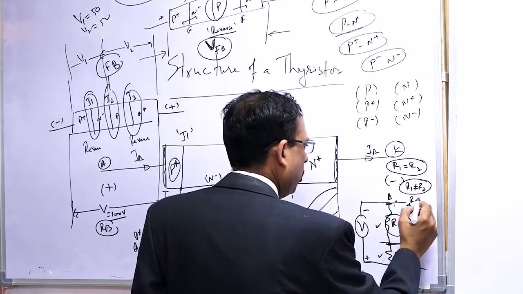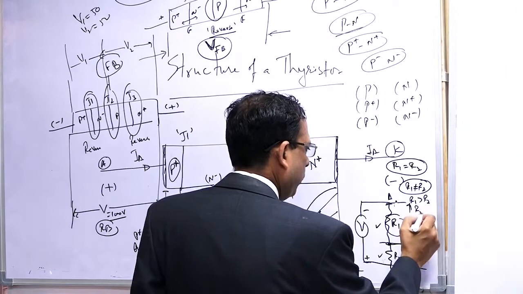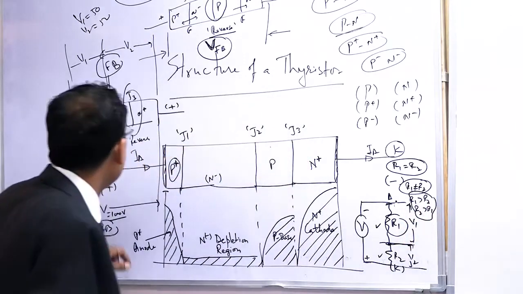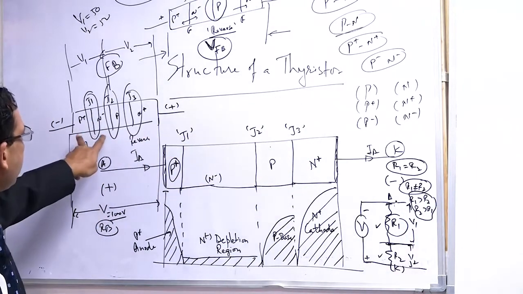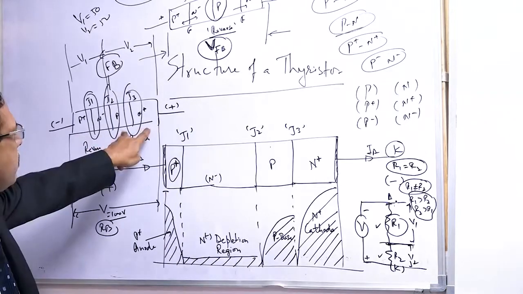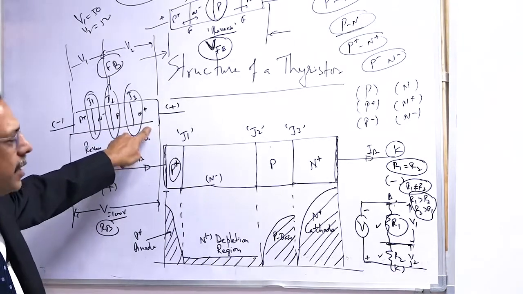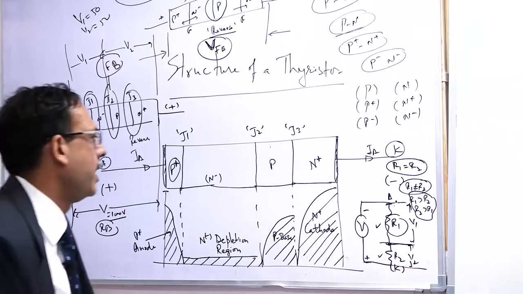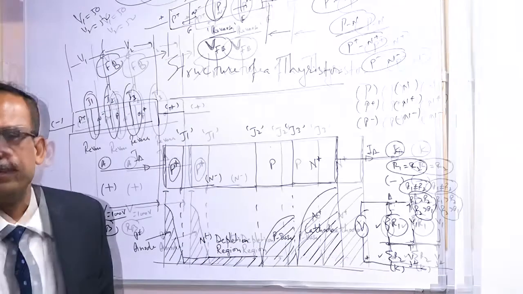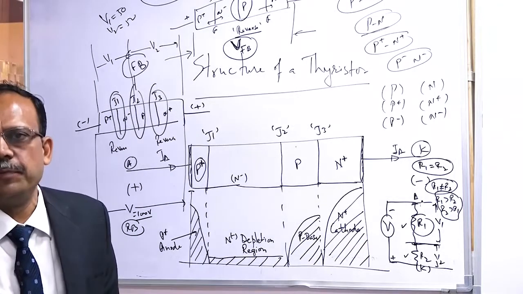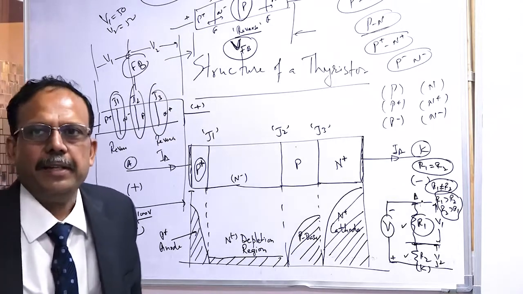So R1 will be more than R2, or R2 will be more than R1? Because when you are applying the voltage, this is acting as an insulator, this is also acting as an insulator. Okay, so R1 is more. Yes, who has said that? Sunil Gupta ji, you are right. Why is R1 more? You are perfectly right.